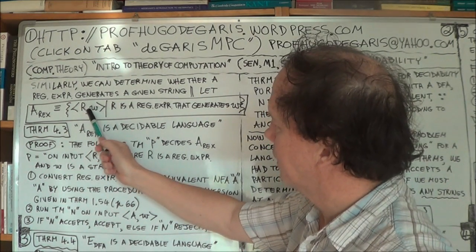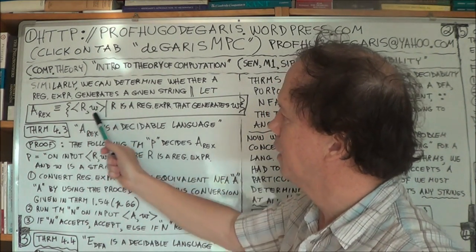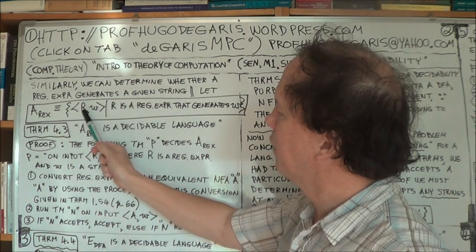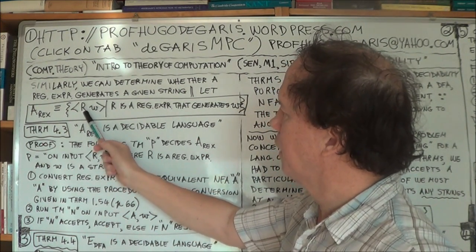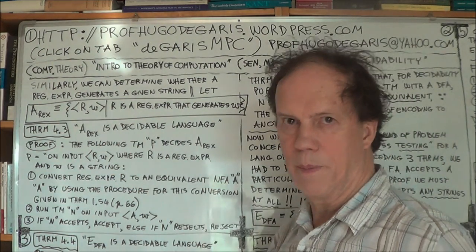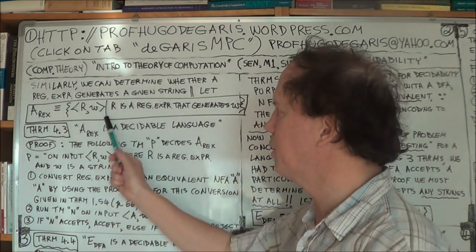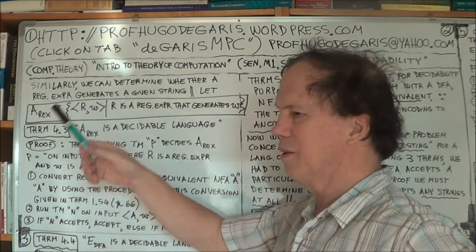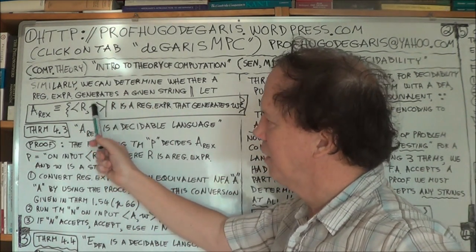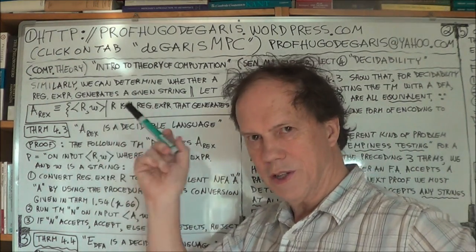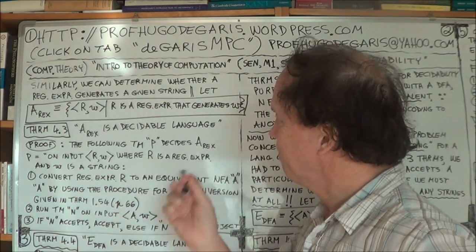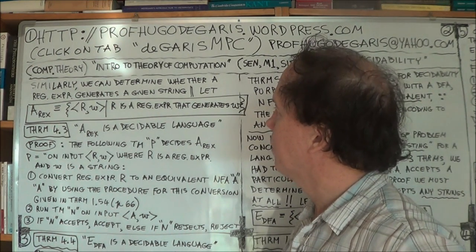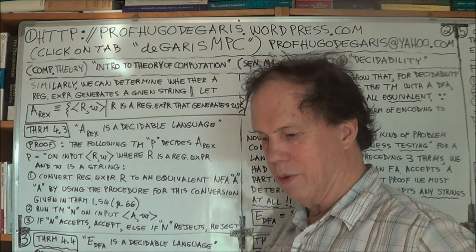And this element belongs to the language, to the set, if this regular expression can generate the string W. So this would be an infinite set: for any regular expression, an infinite number of them, and any string, an infinite number of strings. It's an infinite language, and we're trying to find an algorithm that would answer